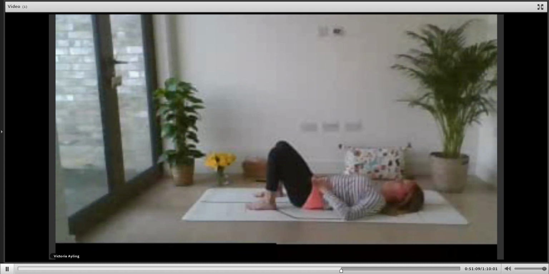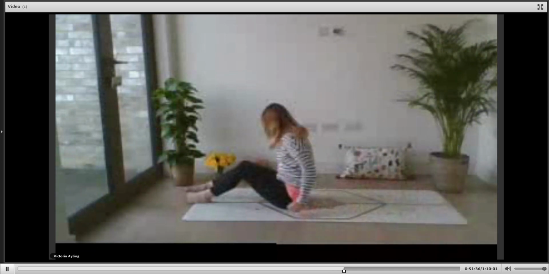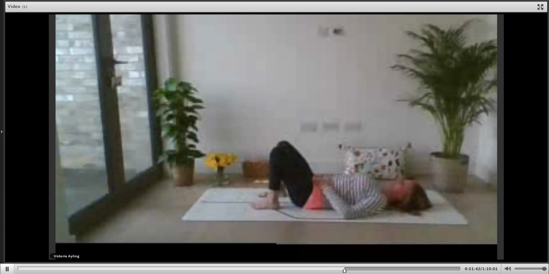Your hands are resting on your lower belly. Start to notice this gentle movement of the lower belly as you breathe. So when you breathe in, the abdomen gently expands. And when you breathe out, the abdomen softens. Just stay with that. Inhale, abdomen gently expands. And exhale, abdomen softens.